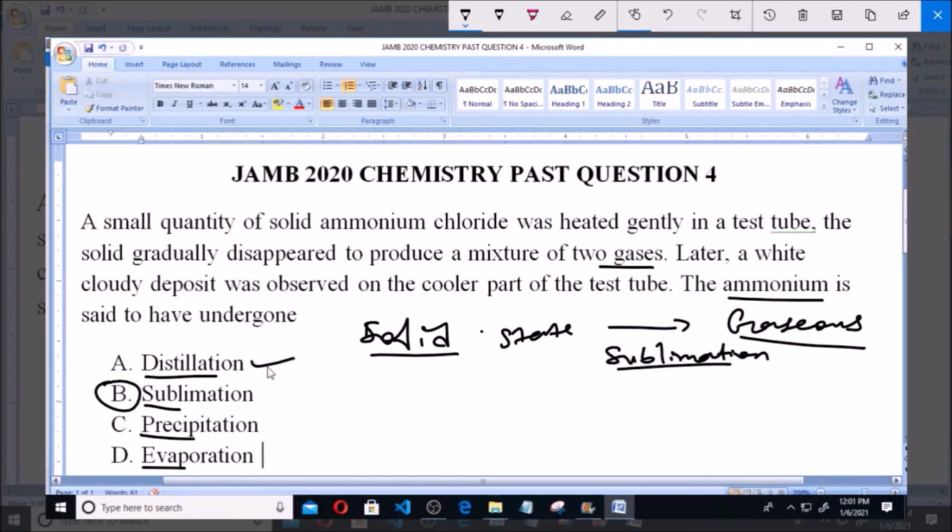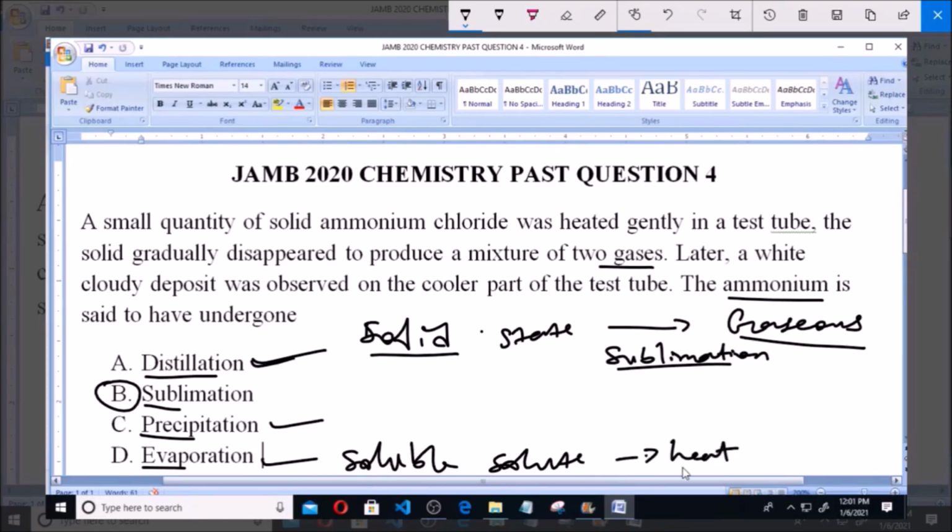Distillation here is used to recover solvents from solution. When you have a mixture of solvent and solid and you want to recover back the solvent, you use distillation. Then precipitation here is used to separate 2 solutes. When you have 2 solutes and one can easily precipitate, that is, form precipitates in a solution, that's when precipitation is used. Then evaporation is used to obtain a soluble solute from a solution by removing the solvent completely through the application of